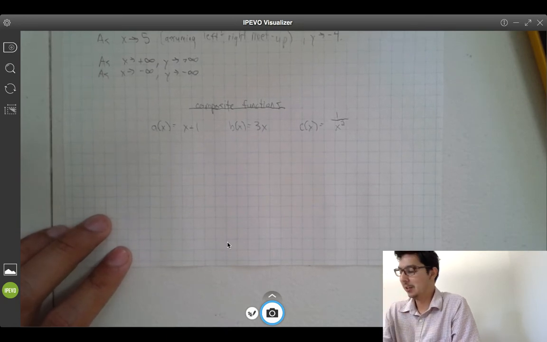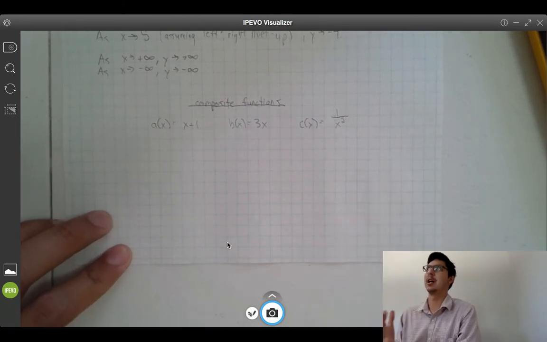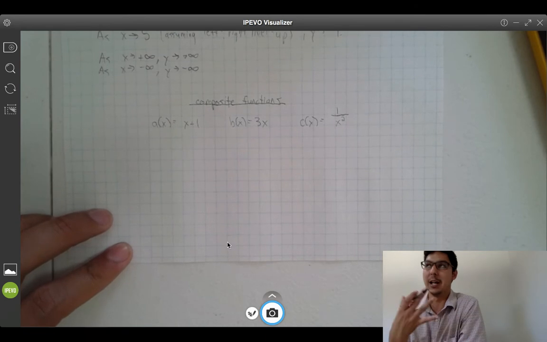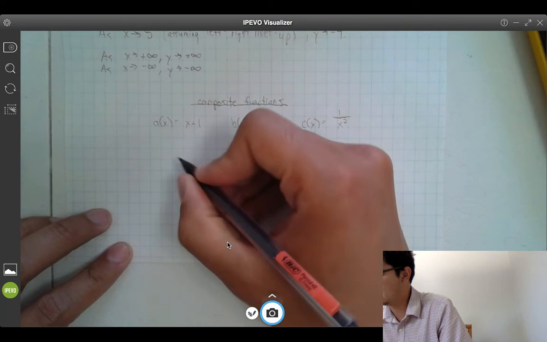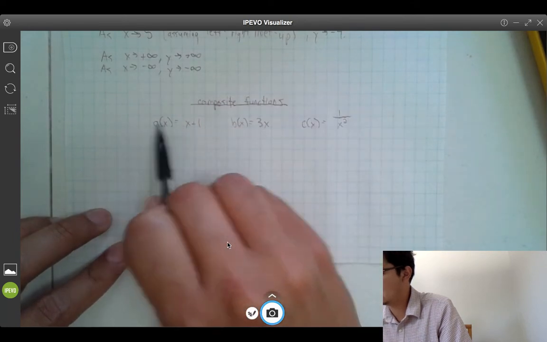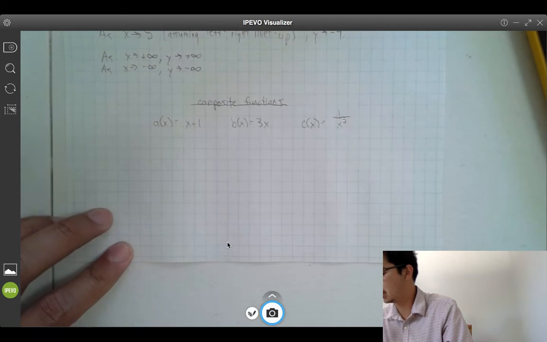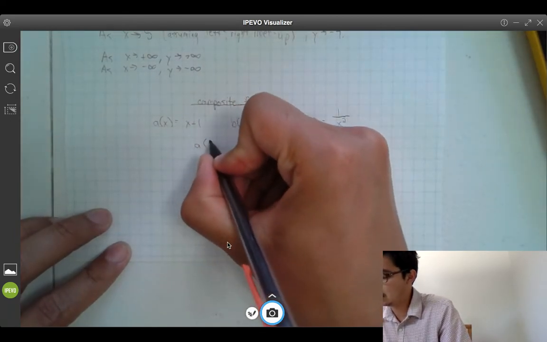So here's a brief general overview of how composite functions work. Composite means they're composed of multiple layers, and this is the way I think about it. Composite is when they're embedded within each other. So say I had a of x equals x plus 1, b of x is 3x, and c of x is 1 over x squared. Composite would be something like what's a of b of x,